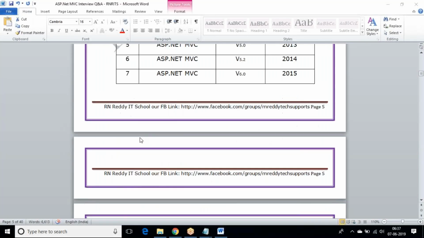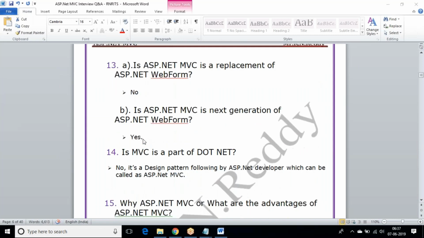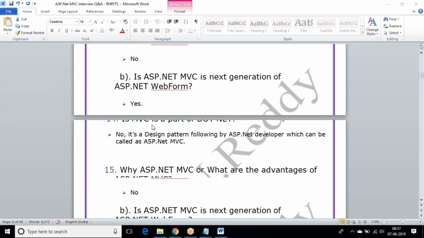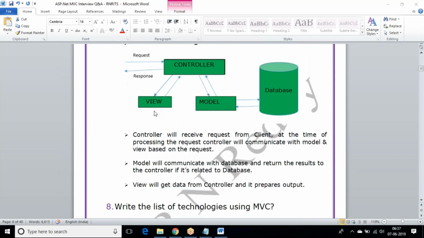Right. Now you are seeing the screen. It is showing your interview question bank in MVC, the second notes that you are going to get. In Ameerpet market, you can see my materials will be available everywhere. Around 10 books are there in .NET. Go to the first screen, the starting page. They'll see the title of the doc.